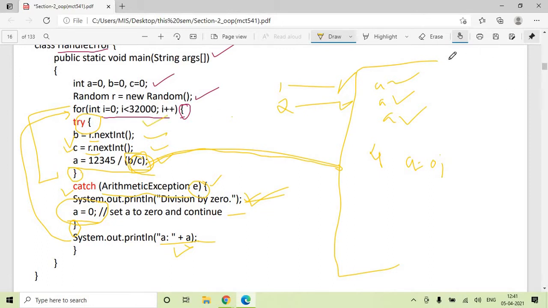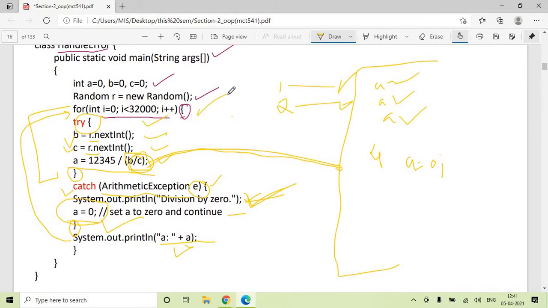And this is how an exception is monitored. This is how the exception is thrown automatically. We have not used the throw keyword. Java exception is automatically thrown. It is caught by this handler. Appropriate message is printed. Corrective action is taken, that the value of a is equal to 0 that you have initialized, printed the value, and again you have moved ahead to execute this loop completely.